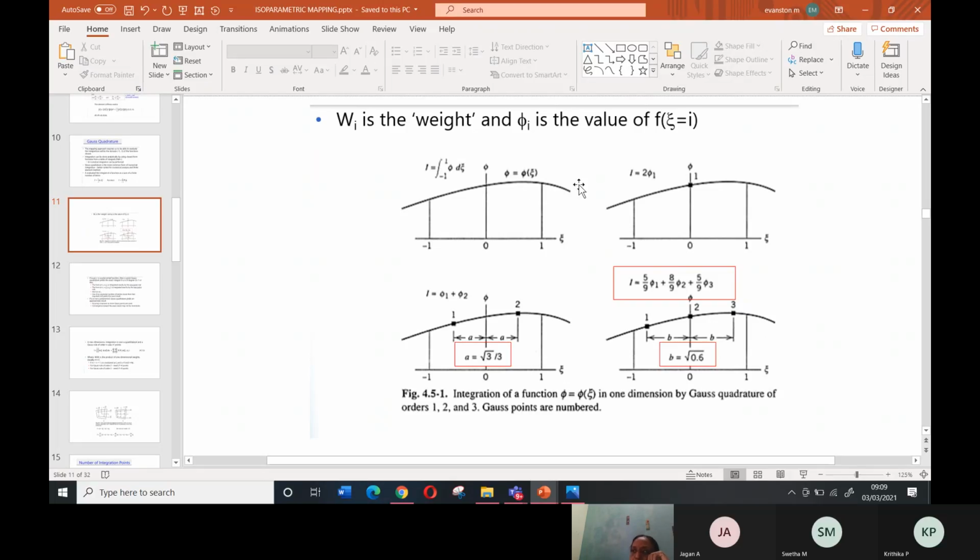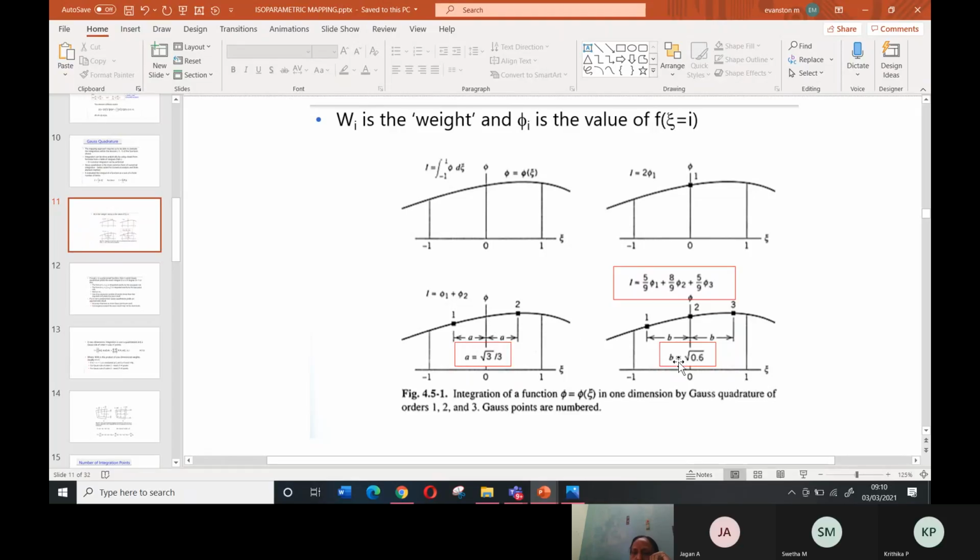That is the numerical integration method, and one of the methods is Gaussian quadrature. You can find the solution of this curve by picking 2 points, points 1 and 2. The points are considered at a distance from the center, a is equal to √3/3. It has been proved that if you take 2-point integration, you get a solution exactly the same as that of the actual integration technique. This is called numerical integration.